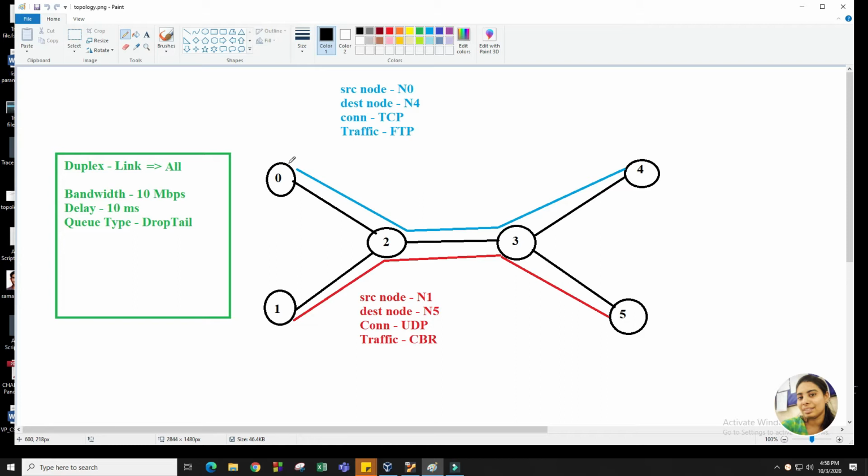In this scenario, the source node is N0 and the destination node is N4. So how many packets N4 received out of the total packets sent to this node, that is our packet delivery ratio. So we will create the AWK script which will calculate this scenario.